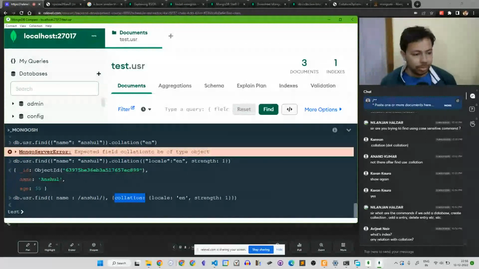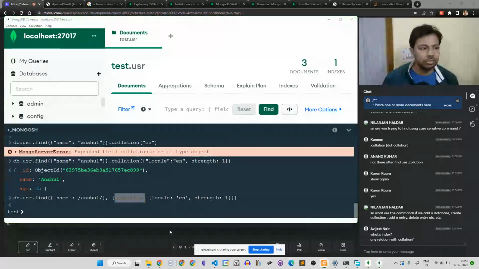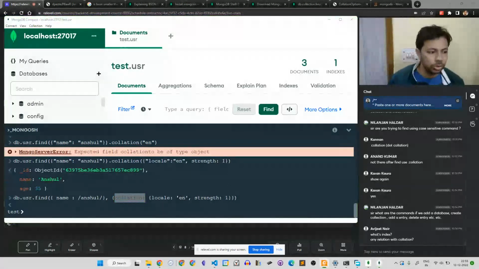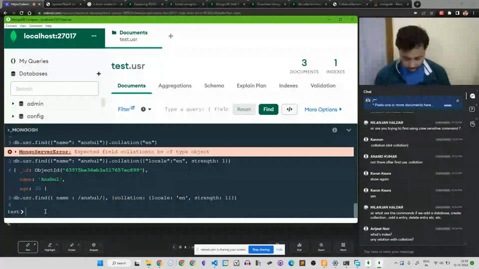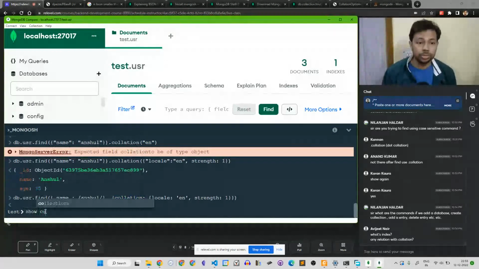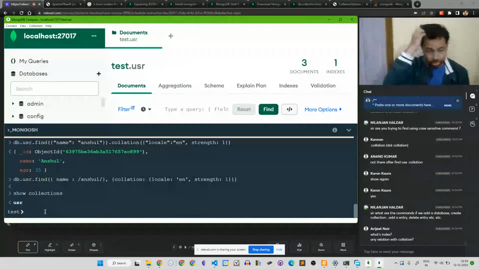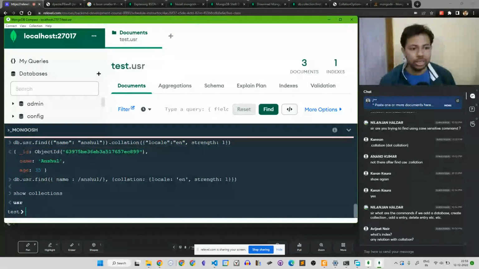Yeah, there are a bunch of commands that you can use. First of all, show is a command. So show collections. This will show you the collections. There's one collection called users. There's also the insertOne command.